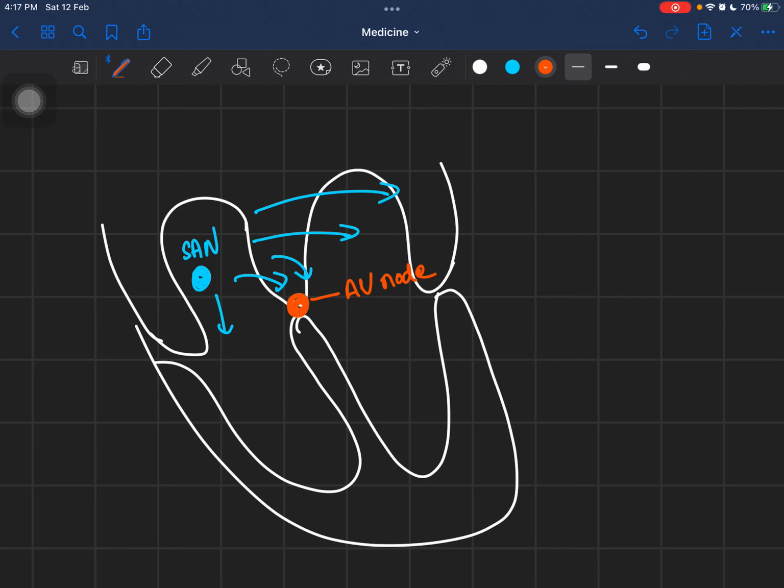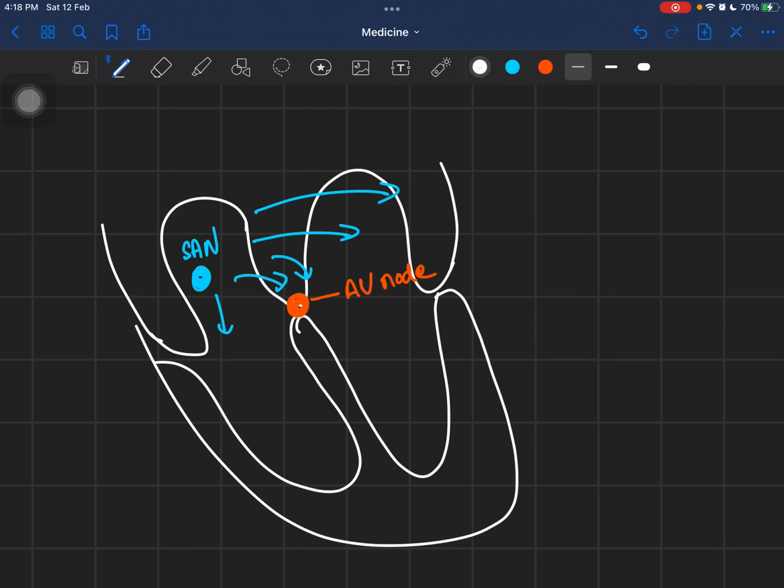This allows the ventricles to contract a little later than the atria, because you don't want the atria and ventricles to contract at the same time, because that would not be helpful in pushing the blood out into the systemic circulation or pushing the blood into the lungs, right? If both atria and ventricles contract, that would not make an efficient pump mechanism, right? So there's some amount of delay that is physiological, after which the electrical activity enters